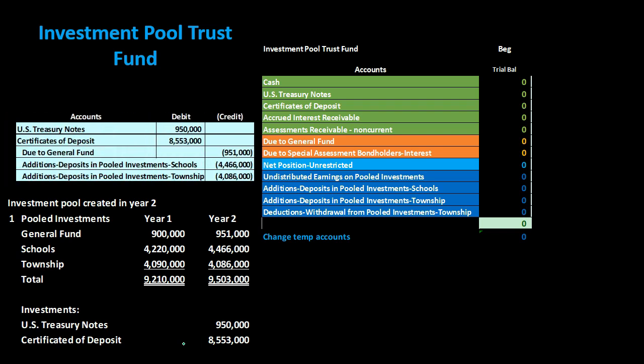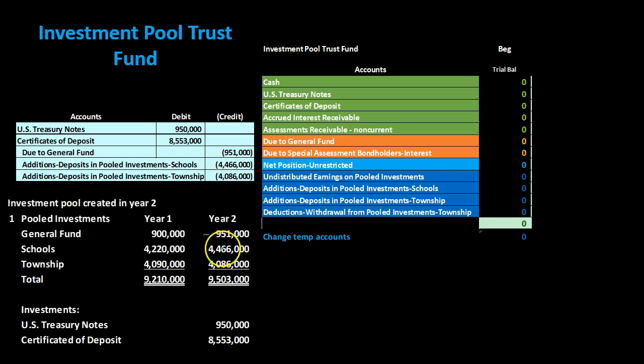certificates of deposit 8,553,000. The transaction looks like this: in the investment pool trust fund, we're going to debit the asset account U.S. Treasury notes, the 950,000, debit the certificates of deposit 8,553,000, then credit the due to the general fund. Note, this account is basically a liability type of account, acting as a liability type of account, not one of the accounts similar to an income statement or temporary type of accounts, because these amounts related to the general fund are going to be related to the government that's managing the investment pool trust fund, as opposed to the other two amounts,